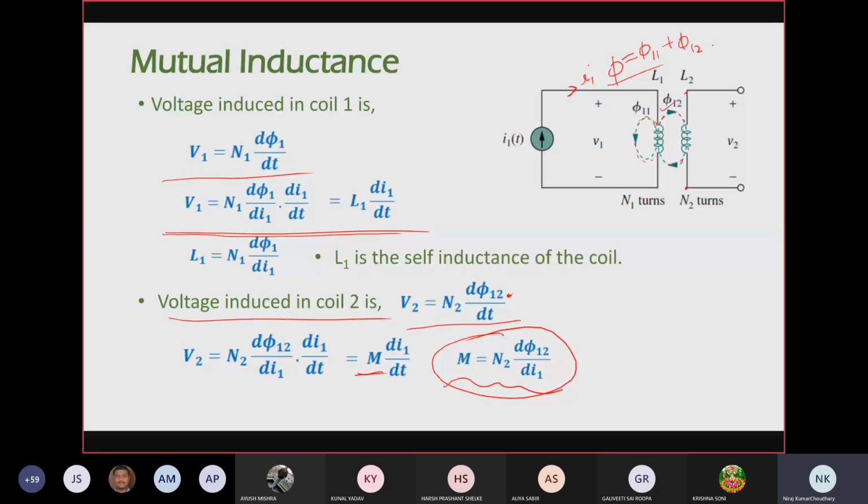So due to this reason, if there is a rate of change of flux through the second coil due to the presence of this flux phi12, there will be some induced EMF V2 across the second coil, okay? तो यही है म्यूचुअल इंडक्टेंस प्रिंसिपल, और कुछ नहीं है। ठीक है. So in this way you can calculate the expression for mutual inductance between the first and second coil